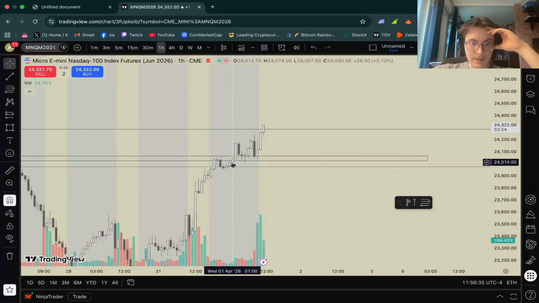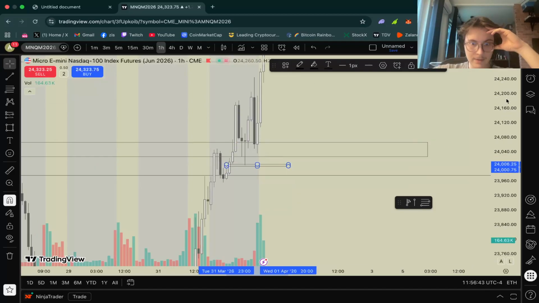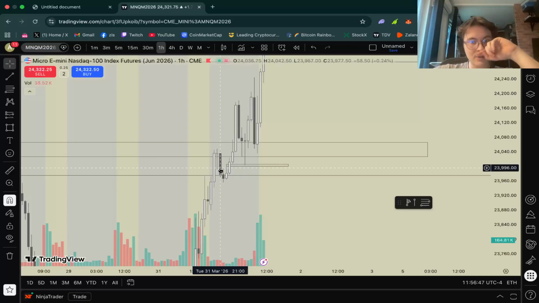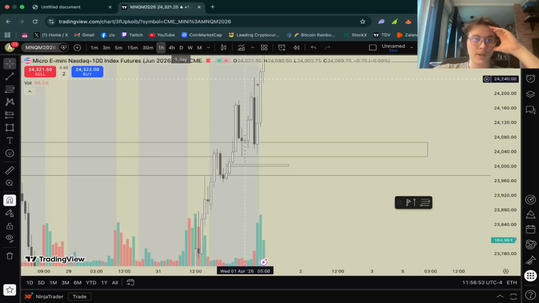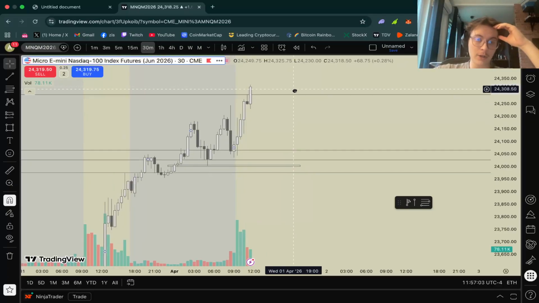Obviously, we had some here that we accepted quite nicely on the 1 hour because it got tapped into, massive move upwards, and other than that, there are no gaps. But this got mitigated and accepted. So in general, bullish, but inside of this daily bearish fair value gap, I was considerate of that and thinking that it could go lower.